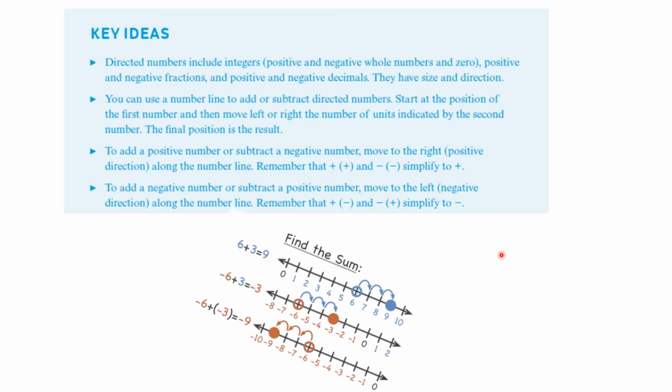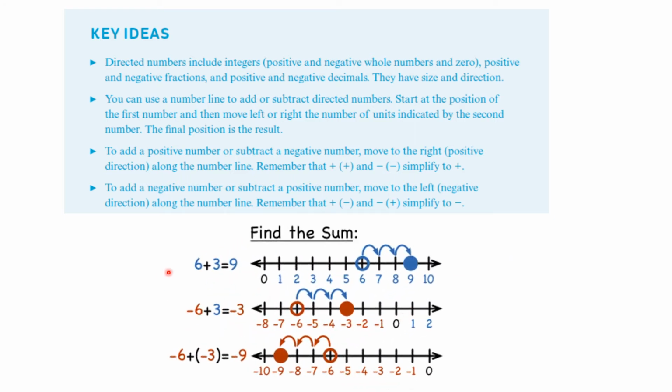Let's have a look at some examples. Okay, so I've got 3 different calculations here, just differing with the sign. So if we look at simply just 6 plus 3, we all know that that would be 9. But on a number line, this is what it would look like. So if we start at 6, then I'm moving 3 places to the right, as shown here with these 3 arrows, then we end up at positive